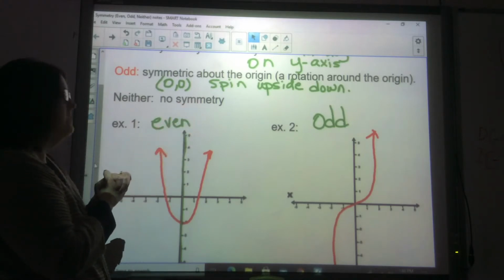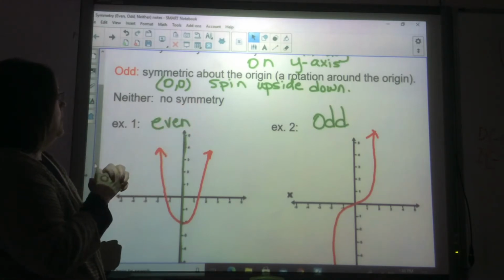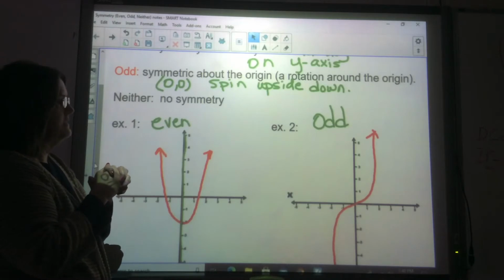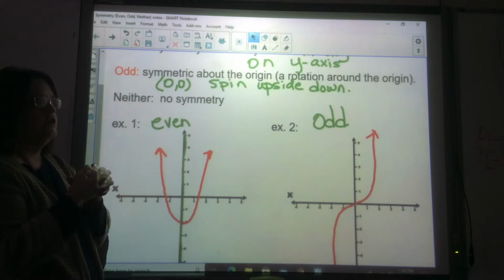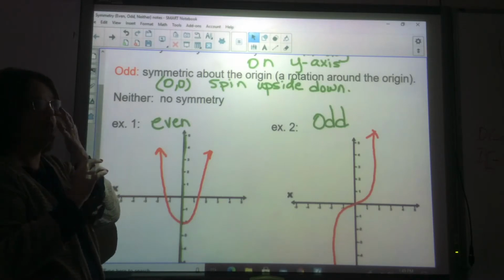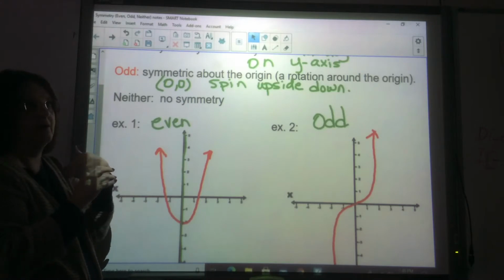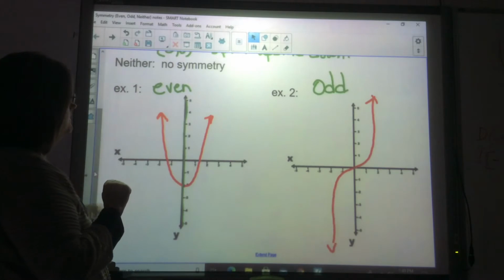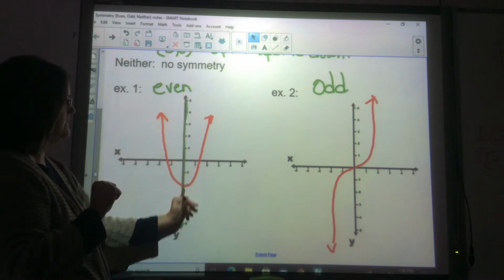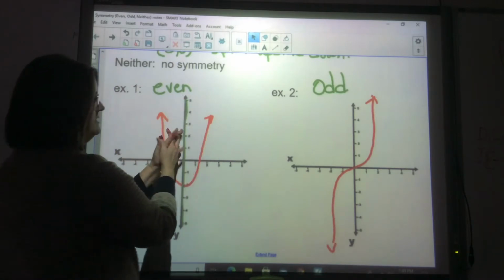Now, not that kind of symmetry. All right, the first time I learned this stuff, I had to come up with a way to help me remember it, because just folding it and envisioning it turning, I couldn't do that. So I started looking at the x and y coordinates and what happens there, and it helped me out a lot. But if you look at this graph, if you fold it on the y-axis, it will touch itself,